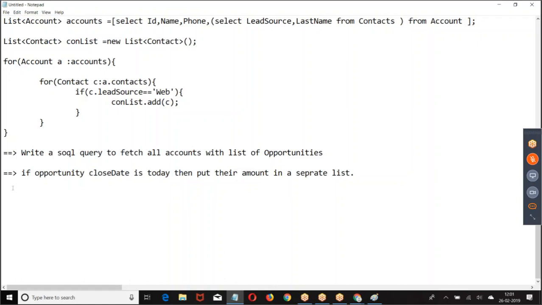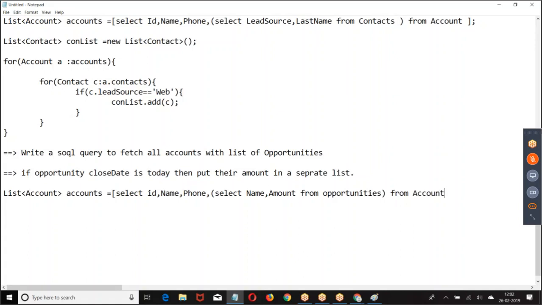Then what we are doing here? List of accounts.